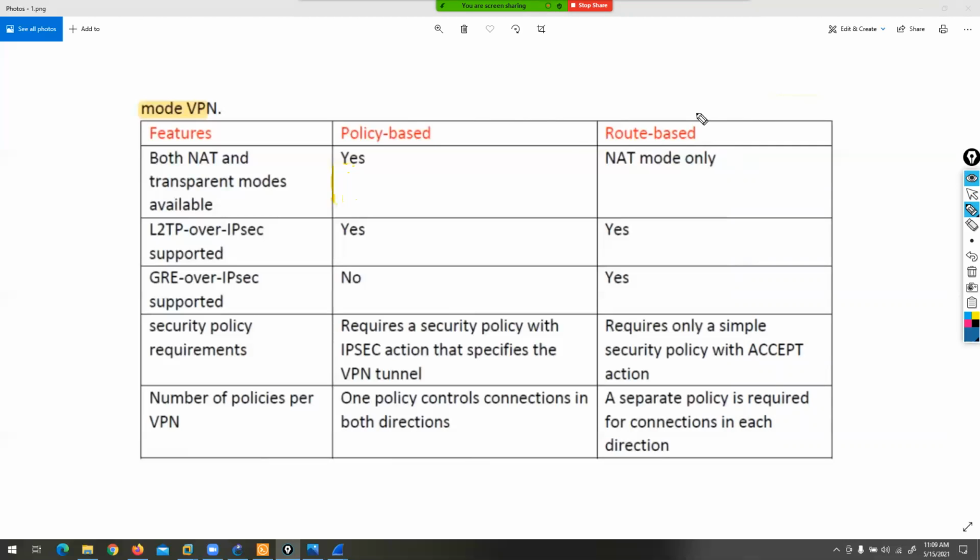Route-based VPN you can configure only when your device is in NAT mode. But policy-based VPN, you can configure in both NAT mode device and transparent mode device. Clear the difference?